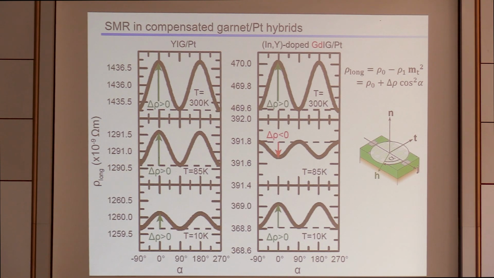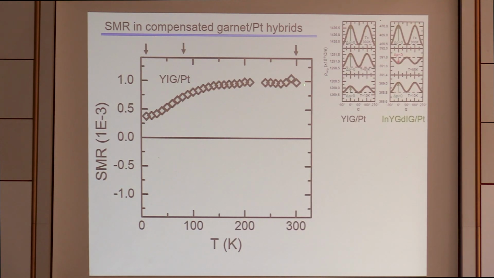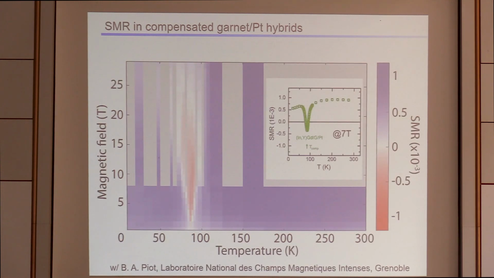And you can trace that out more clearly if you plot the amplitude of the magnetoresistance in YIG platinum as a function of temperature and compare that to this gadolinium iron garnet. And you see that there is a clear kink in this magnetoresistance response, which becomes negative around 80 Kelvin. And that can be very nicely understood going back to,